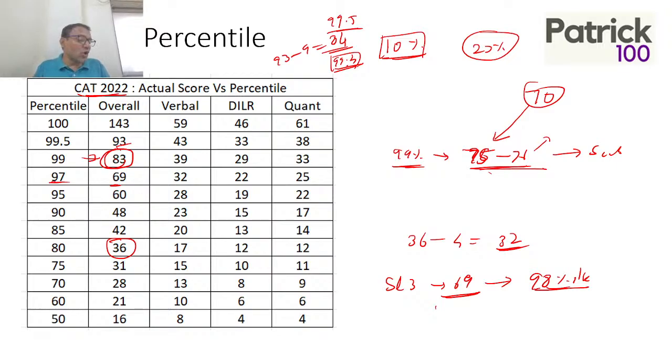Again, 72 marks in slot 1. Normally, as I said, in slot 1 there's a scaling up. So if I look at Aniket Agarwal, 72 marks in slot 1, you will normally scale up, say from 72 to maybe 75. It can go to 82 also, I don't know how much the scaling will happen. But say 72 to 75, 76 marks. So 76 is 99 percentile. That means at 72, there is a chance that Aniket would get a 99 percentile. I hope it is clear in terms of calculation.